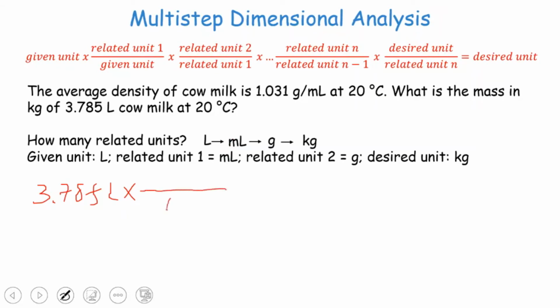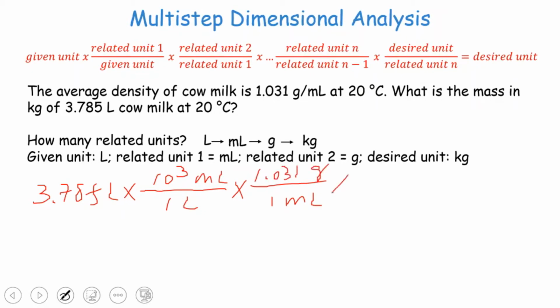Converting from liter, put that on bottom, converting to milliliters, place that on top. But we are not done yet. It's only the first step. The second step is from milliliter to grams using this density. Converting from milliliter to grams, copy the density here,